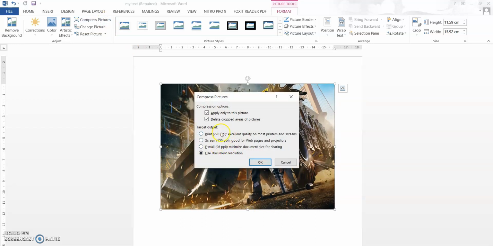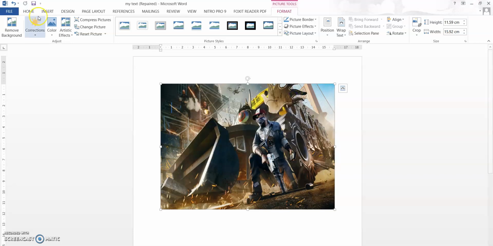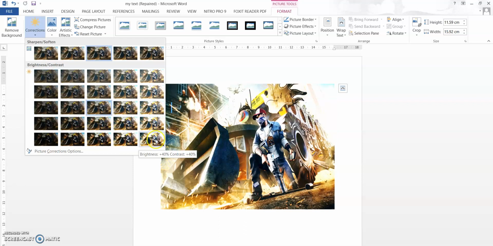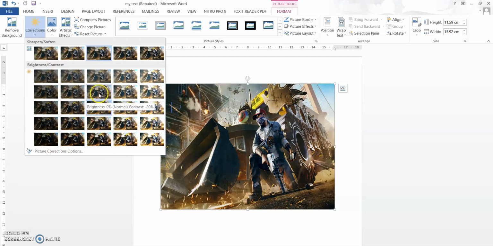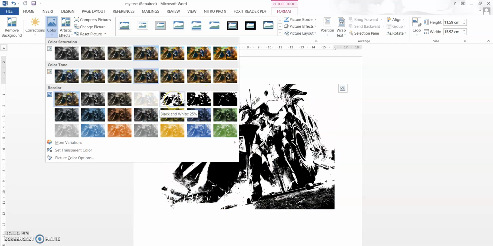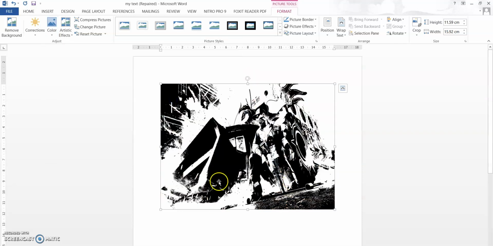I can choose how much I want to compress, whether for sending by email, printing quality, or screen quality. Then you can give some corrections also. You can give some artistic effects, such as increasing the brightness. Can you see, as I'm hovering through different options, there are some changes taking place. Okay, and similarly you can give some artistic colors also, like color tone. See, if I give this green color, or if you want a sketch color, this can be done, and many artistic effects also can be given